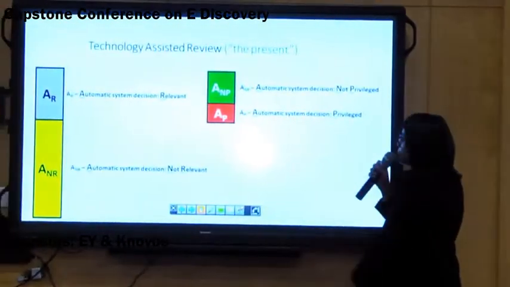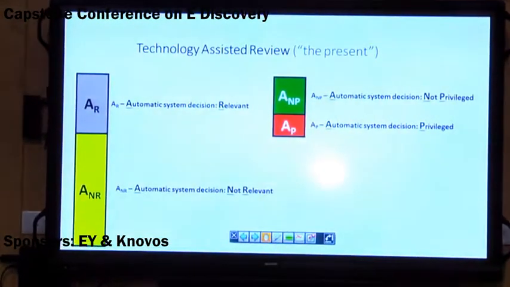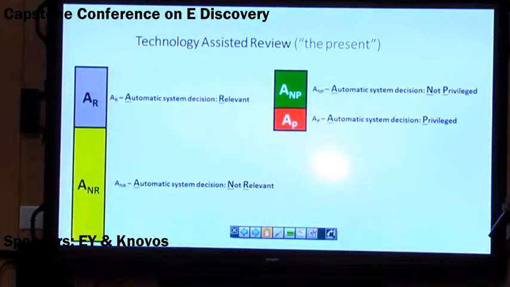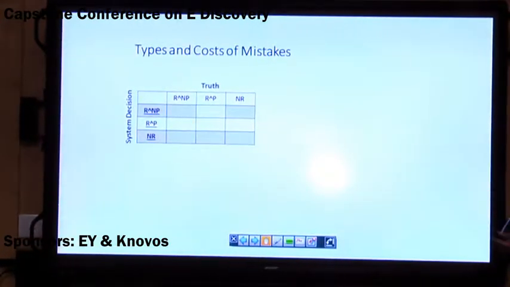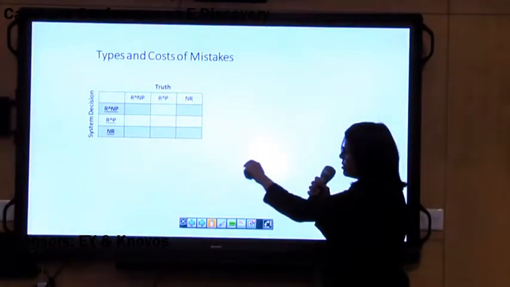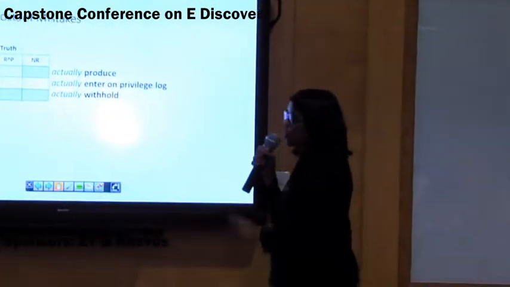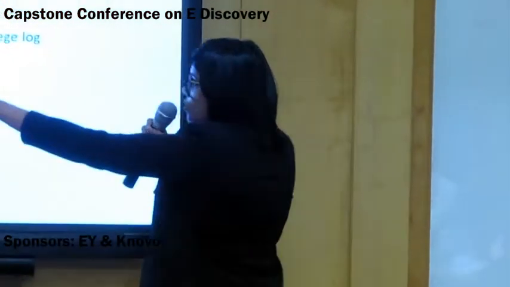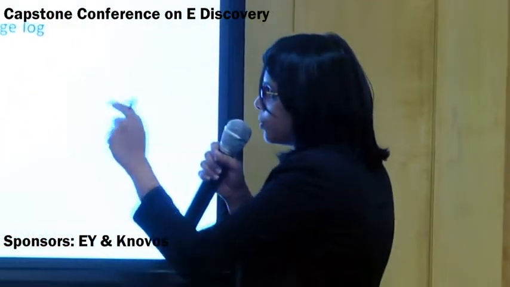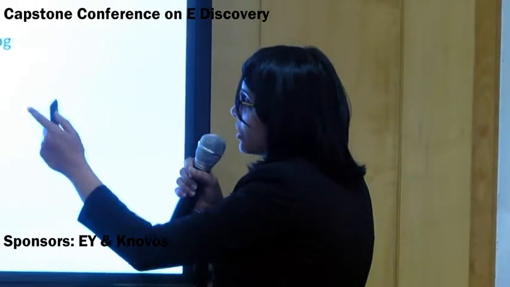And in the same way, the ones in green are not privileged, and the documents that belong in the box in red are going to be privileged. So you all can know that we can have a particular divider like this, which is called a contingency matrix by most information retrieval scientists. Those documents which are relevant and not privileged, you produce.